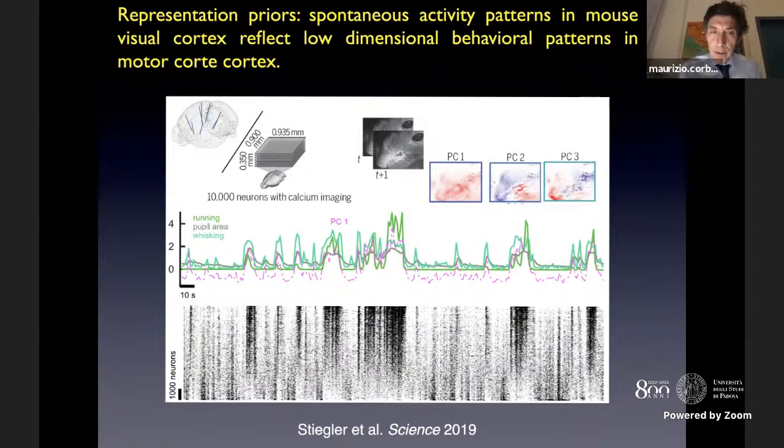Now, the purple dotted line is the first principal component of the neural activity. In the dark, the mouse is not doing anything, it's just sitting there. You see the fluctuation? It is one fluctuation every 10 seconds, which is exactly what the BOLD signal is about. And now you see in green the principal component of the behavior that the mouse is doing. And you see how beautifully the component of the behavior in the motor cortex is feeding what's going on in the visual cortex. So motor synergies, spontaneous motor synergies,